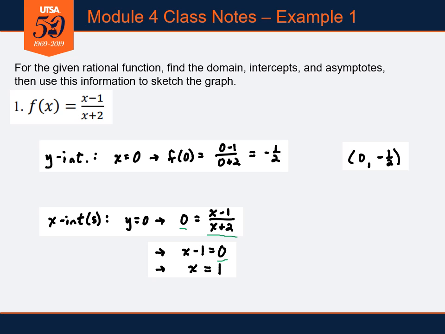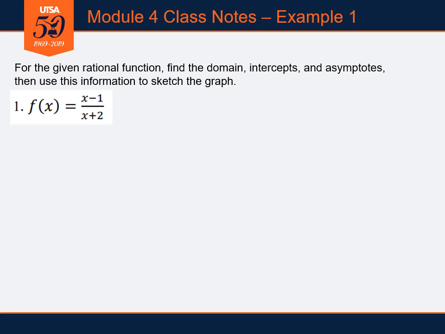And in fact, that happens every time, so as a rule, when finding the x-intercepts by setting y equal to 0, we can ignore the denominator, not because it's magic, but because multiplying the denominator by 0 will always give you 0. So we can always ignore the denominator when looking for x-intercepts and set the numerator equal to 0. Find your x values. In this case, we get x equals 1, and so an x value of 1 corresponds to a y value of 0, and the point (1, 0) is our x-intercept. So now we've got a couple of points on the graph, but we still need to find